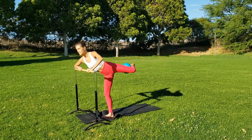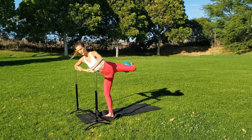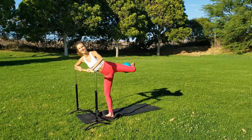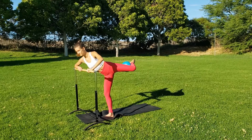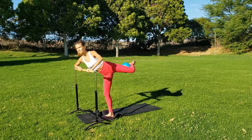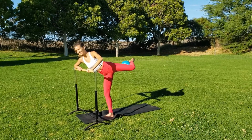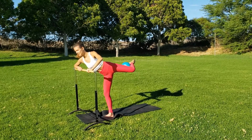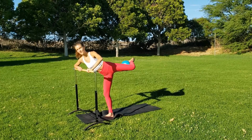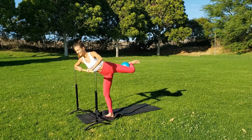You have 2 more here. Last one. Now keep lifting the leg. Lift up and up. Squeeze your glutes and squeeze. Eight more. 4, 3, 2, 1. Now flex the foot, press the leg back